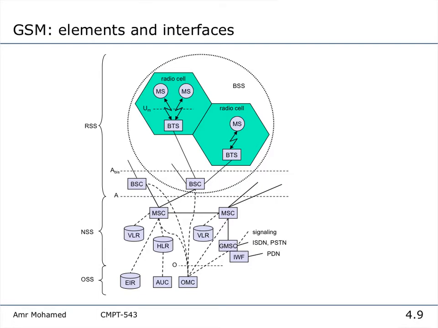And we will talk about different levels of handover later on. There is the intra-cell handover, there is the inter-cell handover, and there is intra-BSC handover, and so on. There are multiple levels of handover that we will talk about later. So all these three components, the mobile station, base transceiver station, and the base station controller, constitute what we call